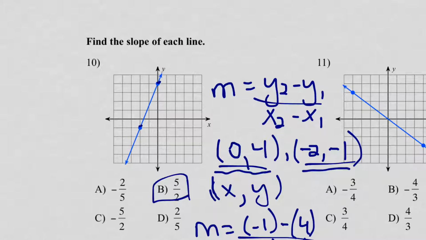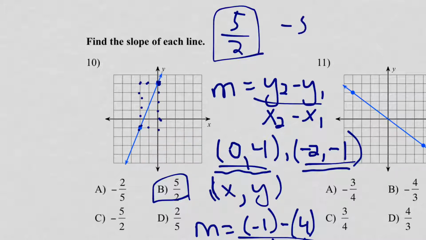Now another thing to consider, which a lot of people would say is the easier way to get this result, you can do it any way you want. You can also just count out how much rise versus how much run. So we went up 1, 2, 3, 4, 5. Okay, so we went up 5 for every 2 to the right. And you will notice that that's the same thing as the slope that we calculated. You could also consider that if we start at the top point, if we go down 5, 1, 2, 3, 4, 5, and left by 2, so down 5, left 2,